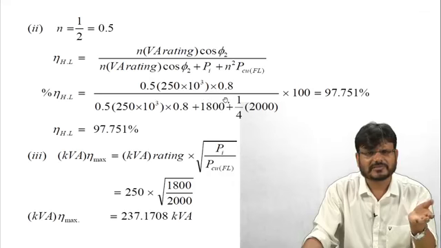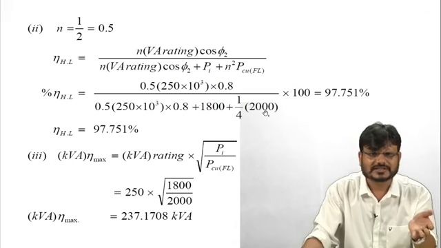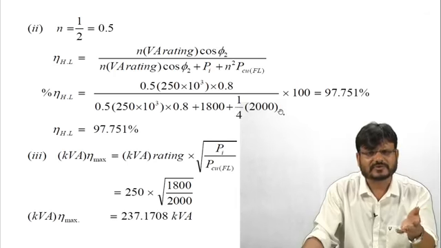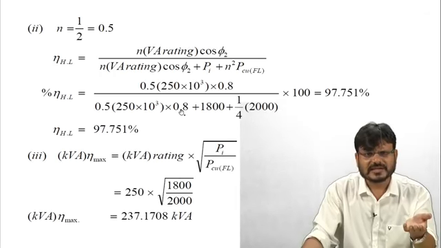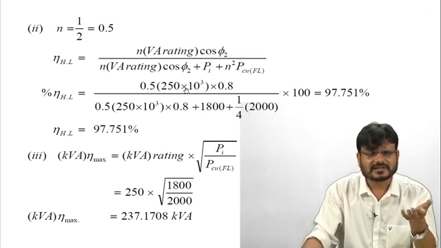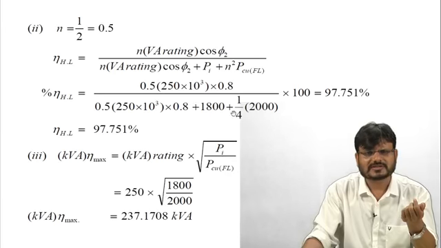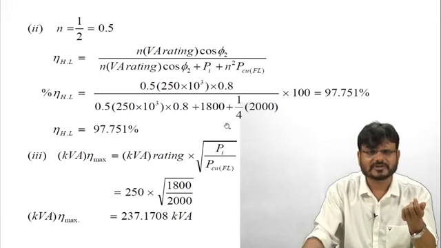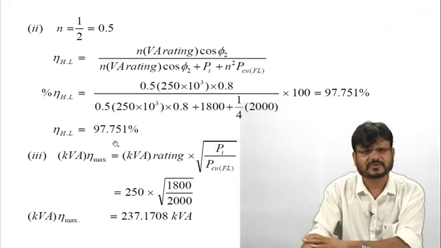The remaining parameters are the same: the rating is 250 kVA, iron losses are 1800 watt, and copper losses are 2000 watt. Here you can notice that copper losses are now 1 by 4 times that of full load, the iron losses are constant, and the output is again half of the full load because n is equal to 1 by 2. After putting in all these parameters and solving, you will get the efficiency at half full load, that is